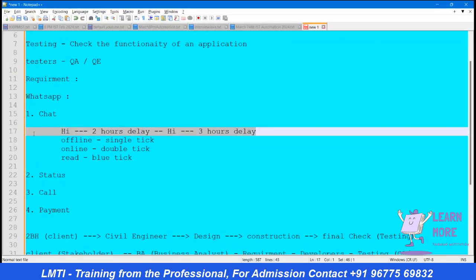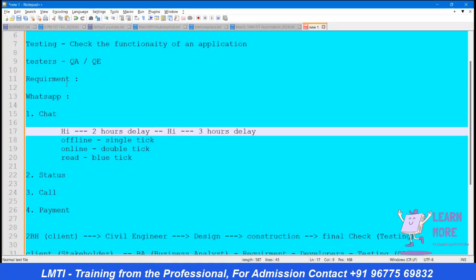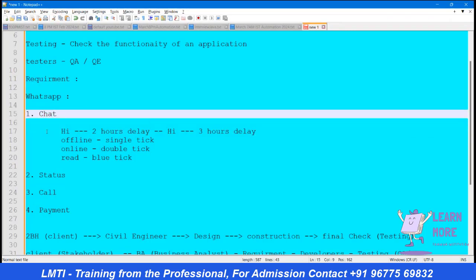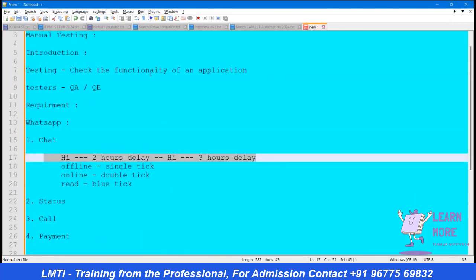Which means they will start to look for an alternative application. We may have spent some cost on developing the application, but as we are not gaining any profit and we are losing the customers, it is going to create a loss to the business. And how can they avoid this loss to the business? By doing the testing activity, which means